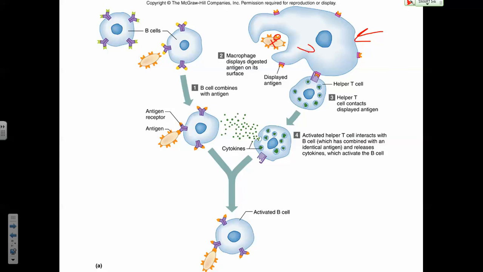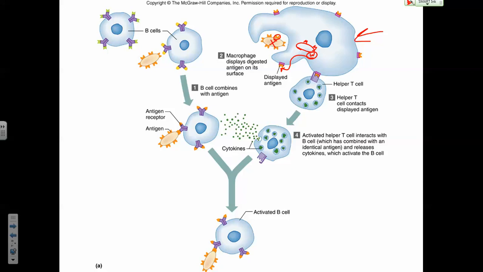Here it is inside, and there's its little antigens. What this phagocyte does is take those antigens and display them on its own cell membrane, along with some other proteins of that cell. These other proteins in this picture are the purple ones, and they are referred to as your major